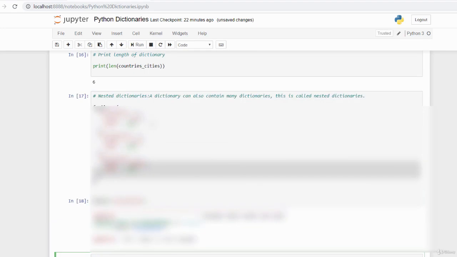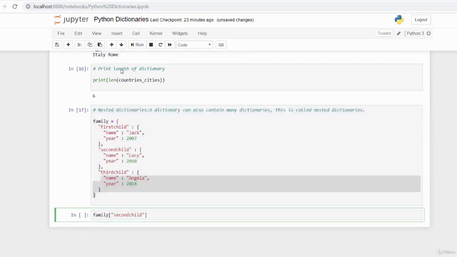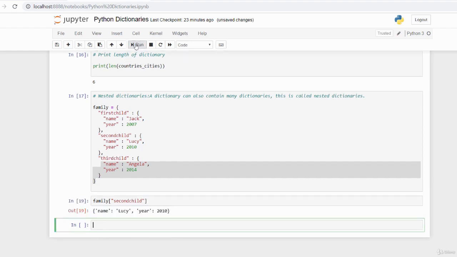If you want to access a nested dictionary, you can do that by referencing the name of the parent dictionary, and then in square brackets you pass in the name of the nested dictionary you want to access. So in this cell here, I want to access the dictionary called second child. So if I run the cell, you can see it's giving me the keys and the corresponding values for the